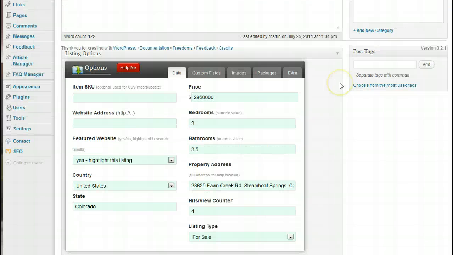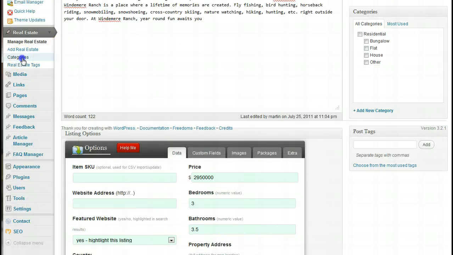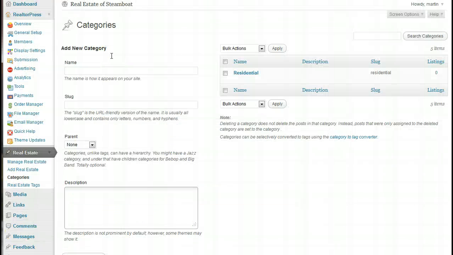And then one of the things you may want to do is create categories for the real estate, which is once again fairly easy to do. This is kind of the out-of-the-box solution here, which is residential, but depending on what type of properties you're listing, you may want to have one main category and then a few of them, or you can do it by, let's say that you're in a certain region. You may want to have the town listed, maybe streets or boroughs or anything that kind of denotes more a